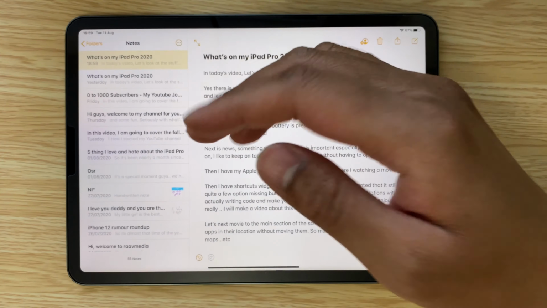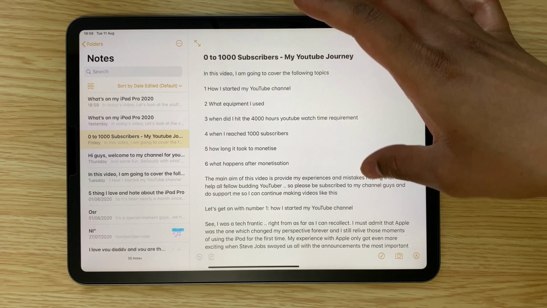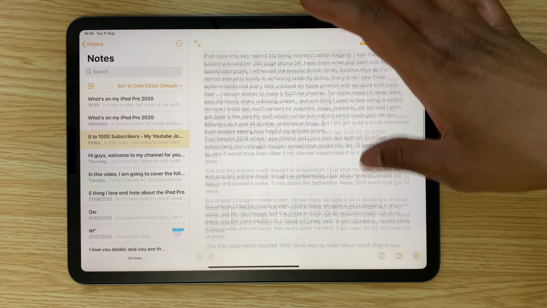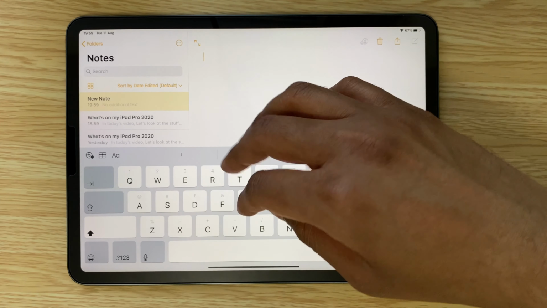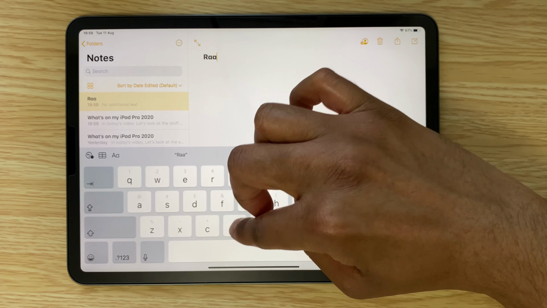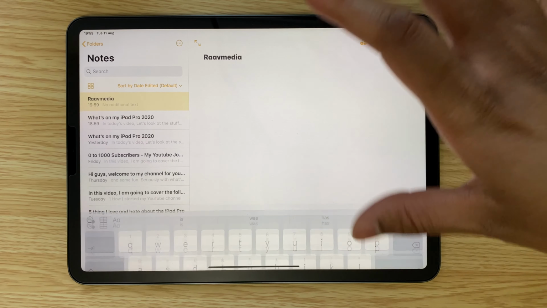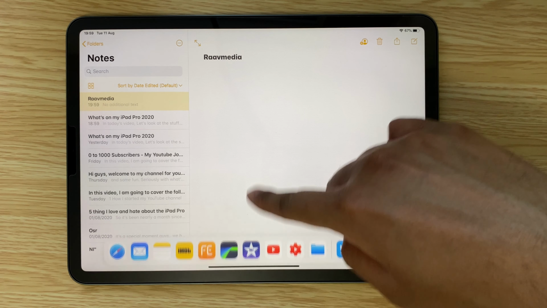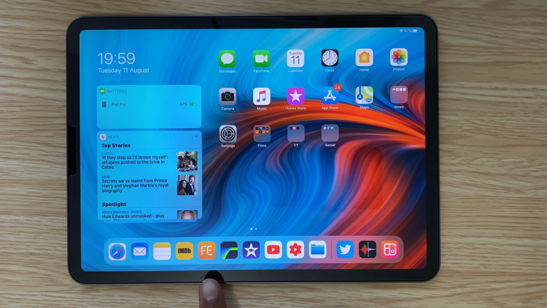I know there are so many better notes apps like Word, Pages, Evernote, but I prefer using the inbuilt Notes app, and I write all my scripts in here. The Cloud Sync is also turned on for this, so if I start writing something on my iPhone and pause, then I can pick it up on my iPad at that very point and continue writing. I found this very useful this way.